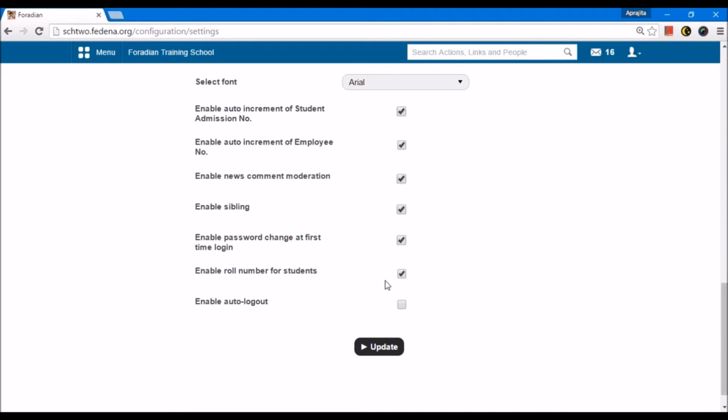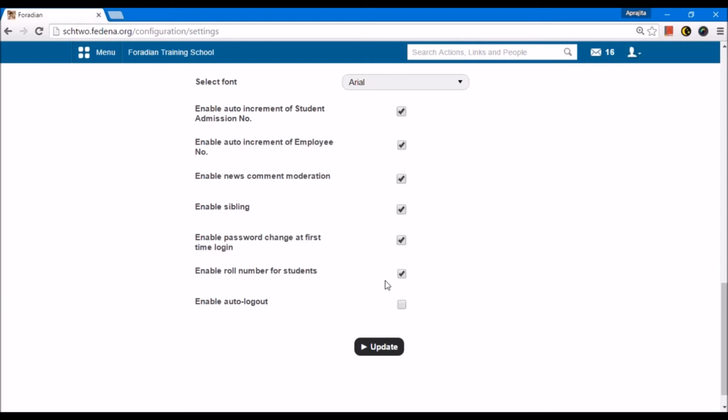That means if there is a group of students called batch A studying in grade 1 and there is a group of students batch B in the same grade, a student of batch A can have a roll number 25, and similarly a student of batch B can have a roll number 25.